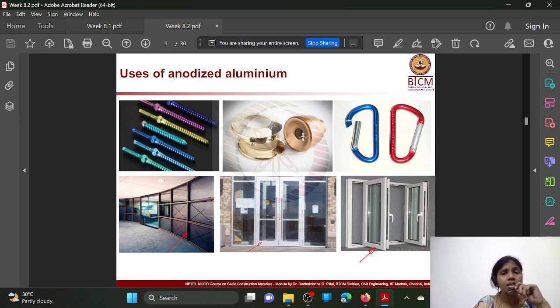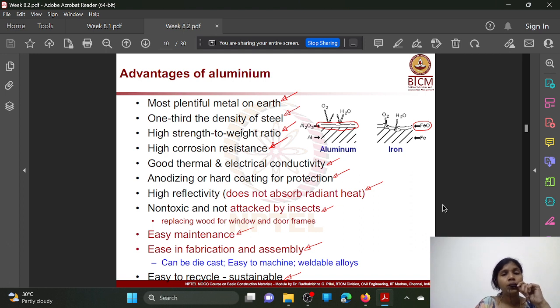And this is anodized aluminum. It is one process of aluminum wherein you can get different colors of aluminum for aesthetic purposes. And the advantages are, it is the most plentiful metal on earth, and it has one third the density of steel. That means the weight of the aluminium will be very less, and it has a high strength to weight ratio and